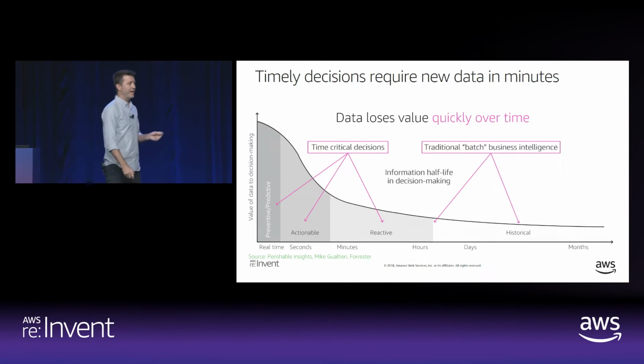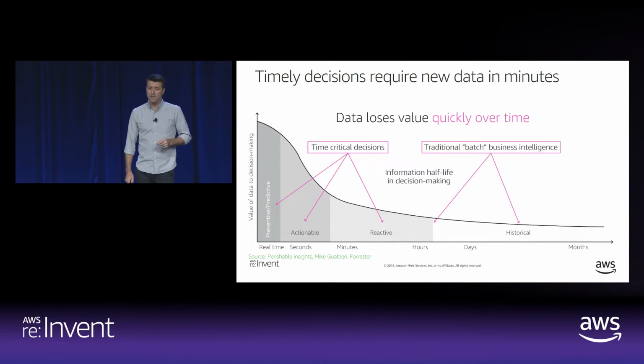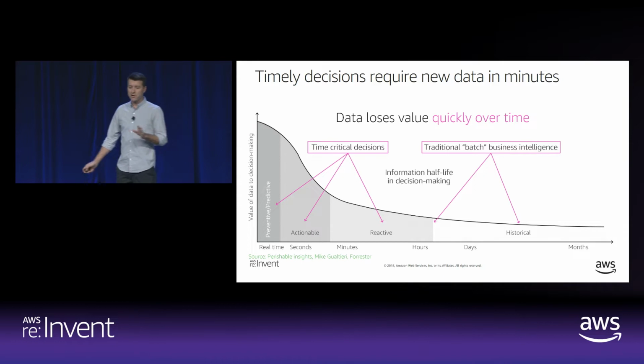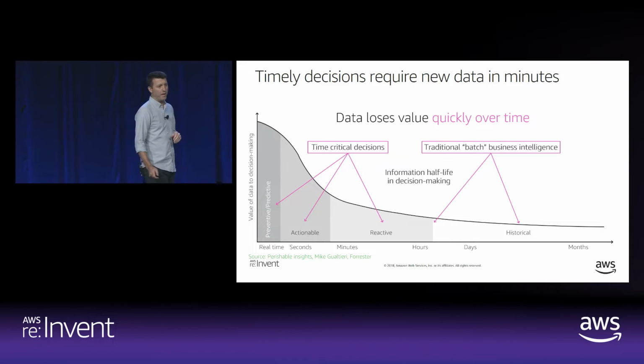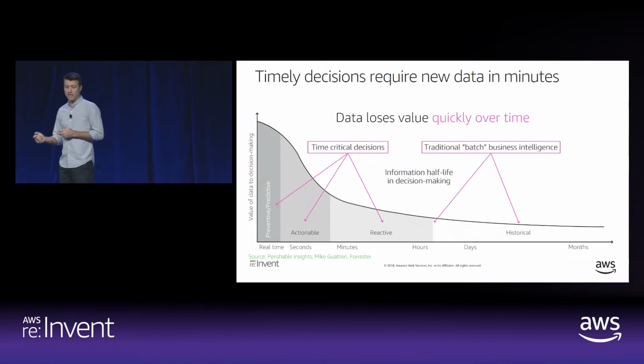All right, let's talk about the value of data. And this is why we stream data. But let's just quickly talk about the value of data and how that data loses value quickly over time. On this chart, and this comes from a paper produced by Forrester, the author's name is Mike Gallieri. It's a good paper called Perishable Insights, where he talks about the insights into your data being perishable, meaning over time, it decays, or the value of what you can get out of that data diminishes over time.